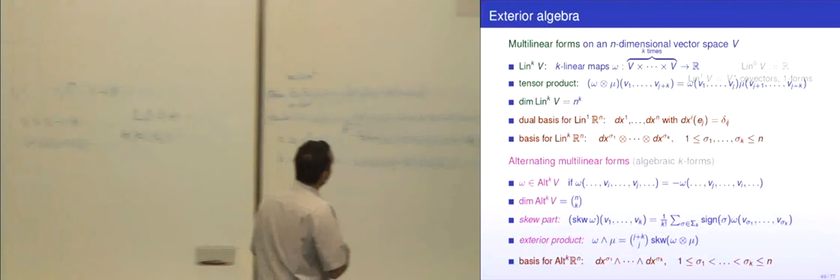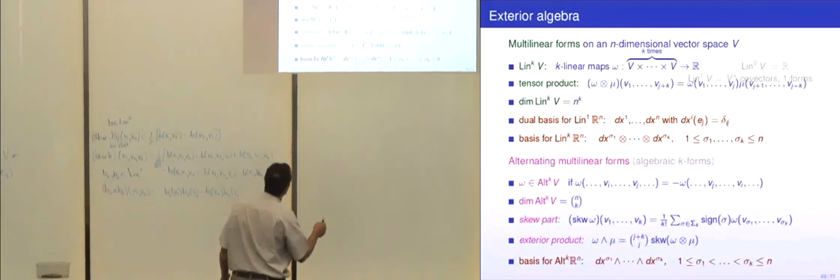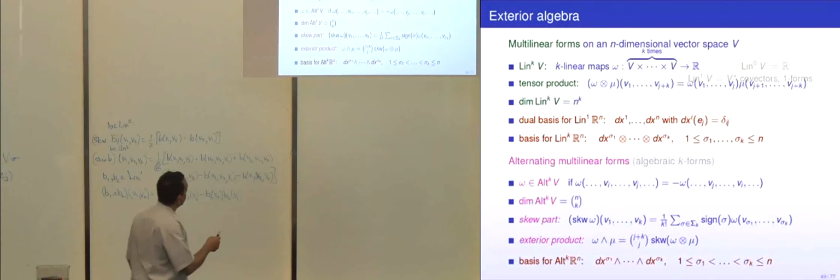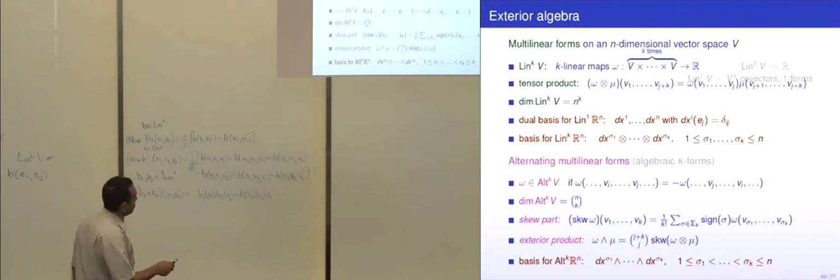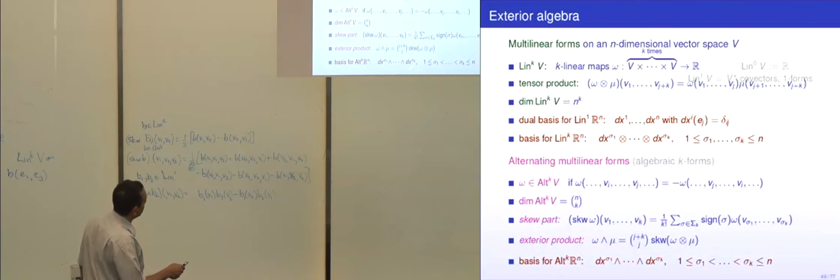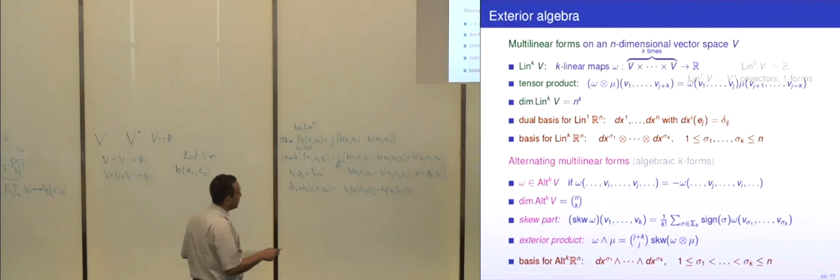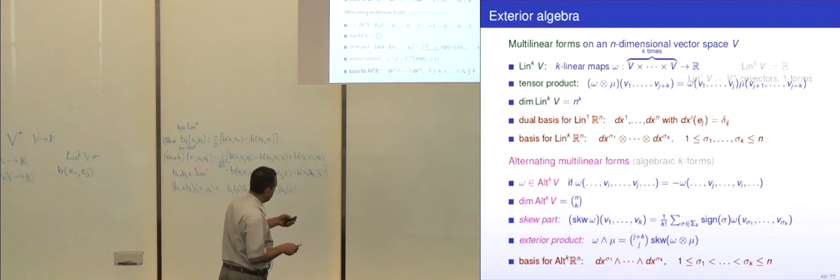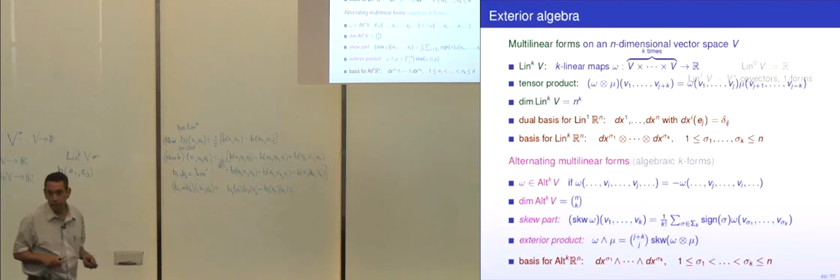Okay, and if we go down to Rn, where we have a preferred dual basis, then we have a preferred basis for alt Kn, which would just be the wedge products of the dxi's for any choice of k of them in strictly increasing order. And this thing would have the property that if you applied it to E sigma 1 through E sigma k, you got 1, but if you applied it to any other increasing sequence of the EI's, you get 0. Okay? So it's pretty simple algebra.